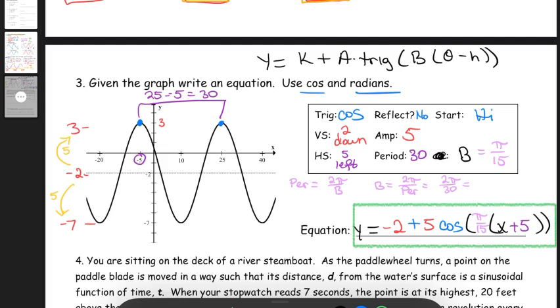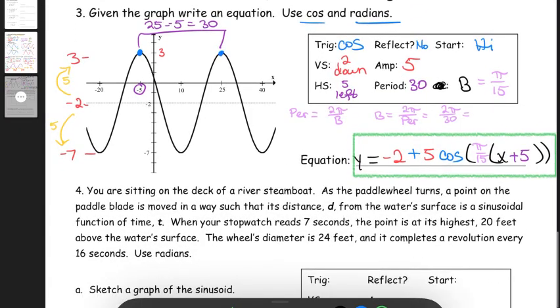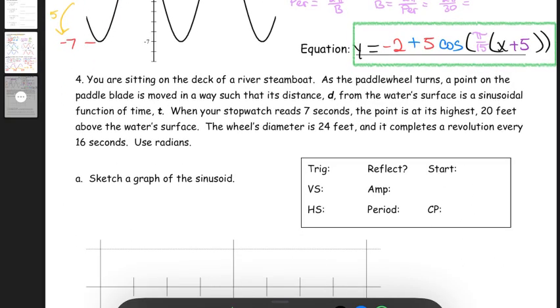Now, what we're going to look at that's a little new is taking what we know about graphing trig equations and writing equations from trig graphs, and we are going to use those in a real world situation. So, we are sitting on the deck of a river steamboat. Okay, the paddle wheel, the thing that makes the boat move down the river,